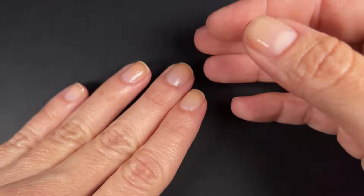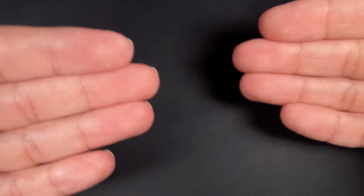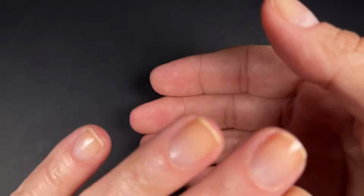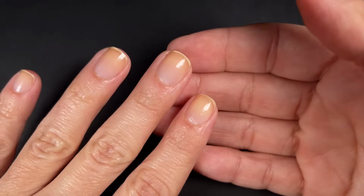For example, oil in your nails will for sure balance out water overexposure. That's a fact that I don't need to know anything about you to know that it's true. Whereas supplements is just not something that people should be taking willy-nilly, because a lot of times you're just wasting your money. Another thing with taking biotin that you should be aware of, it can alter